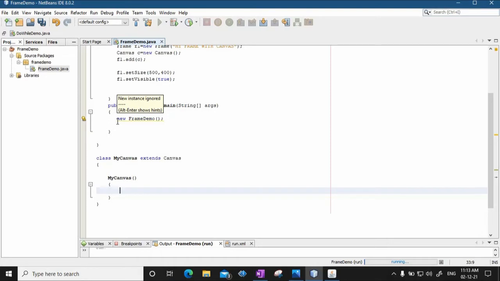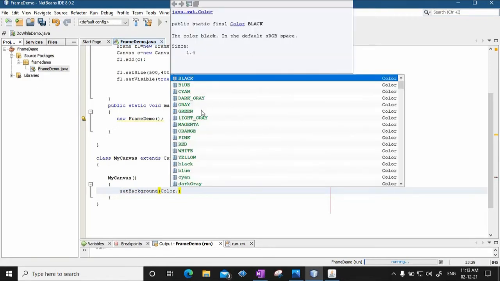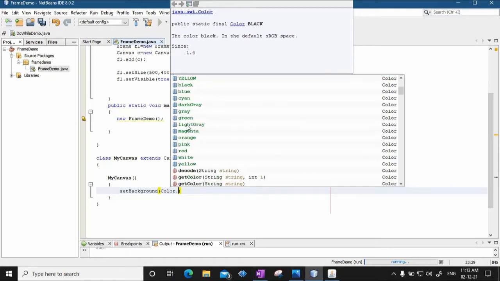So I'll say set background, color dot, let's say the background of this particular canvas is orange.